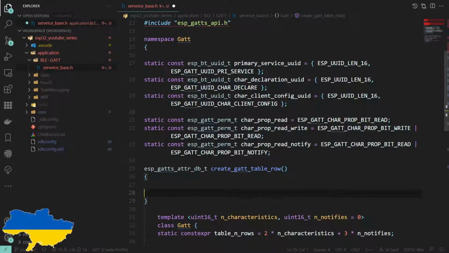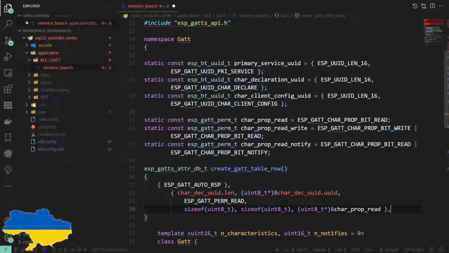And what do we need to pass in? Well, first of all, what do we need? Actually, you know what, I'm just going to copy and paste this in and then we'll talk about it. So get auto response, that is pretty much what you'll always use. That is in the notes, the API guide. This is pretty much always what you want there, so we can just roll with that.